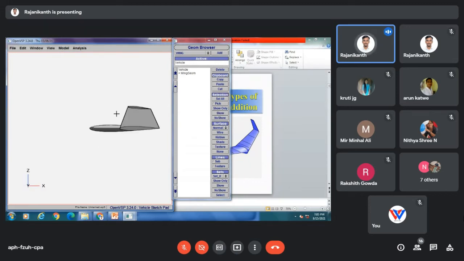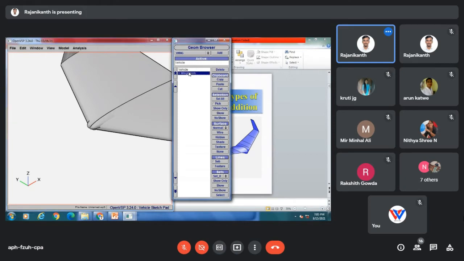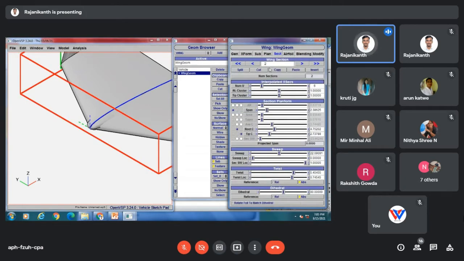where you have top view, front view, and left view, also left ISO. You can smooth this geometry, no problem.